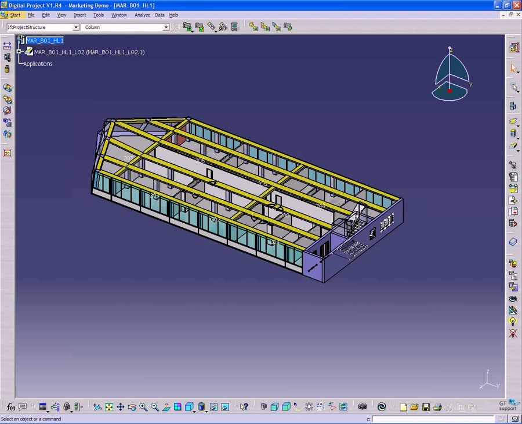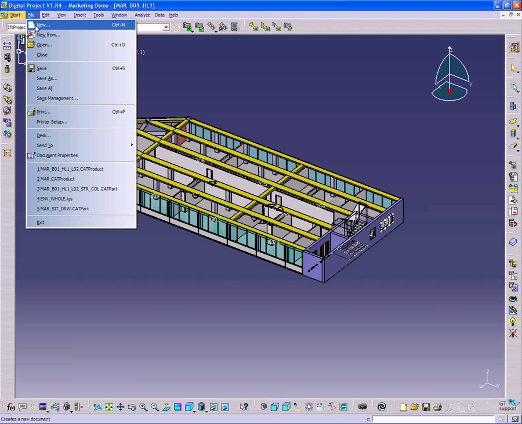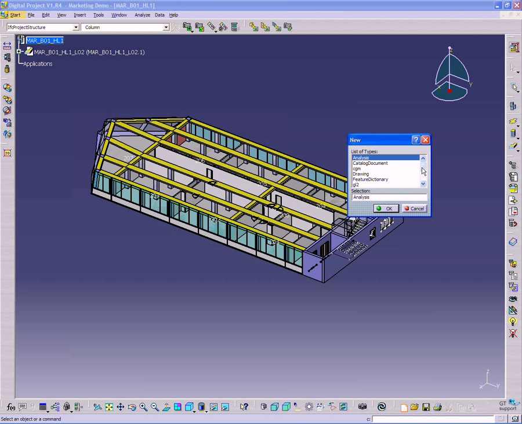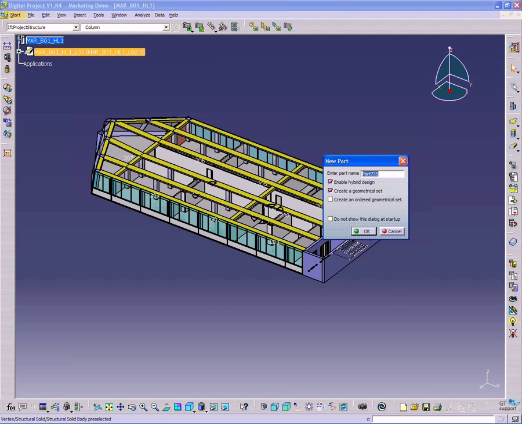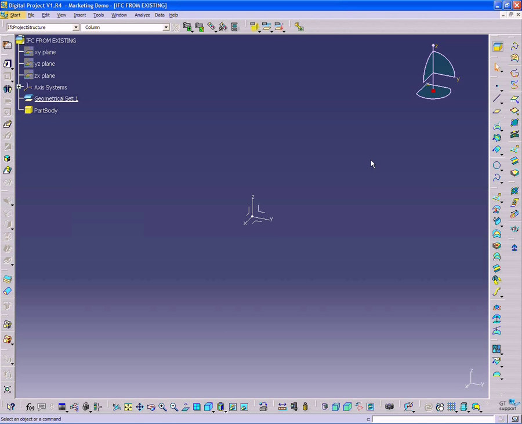So to demonstrate that, I'm going to create a new file, a new part file. And I think I'll call this IFC from existing. So assuming you already have an existing file that you've created,